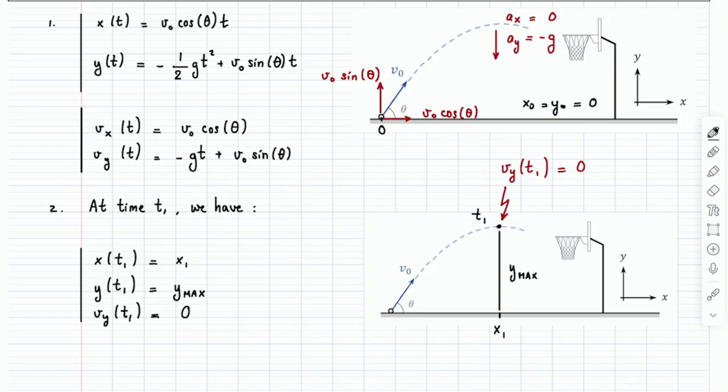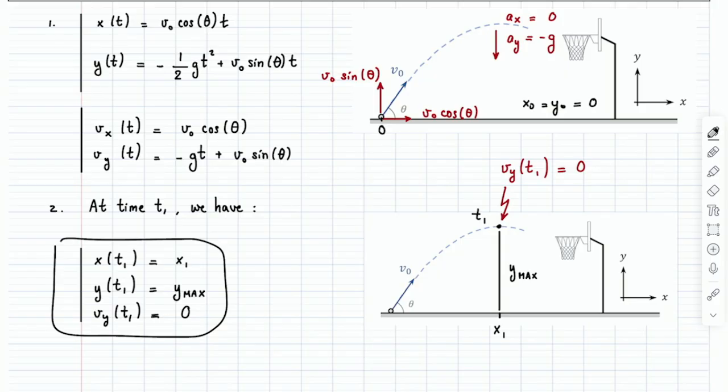And again, if I write enough things that are true, I get my answer. But, so I'm going to solve for t1 with this, and then I'm going to plug t1 into x of t and y of t and get my answer. Right? So it's a straightforward question, I get it. The point I'm trying to make here is the following. The point is that it is much easier to conclude this, that this has to be true.